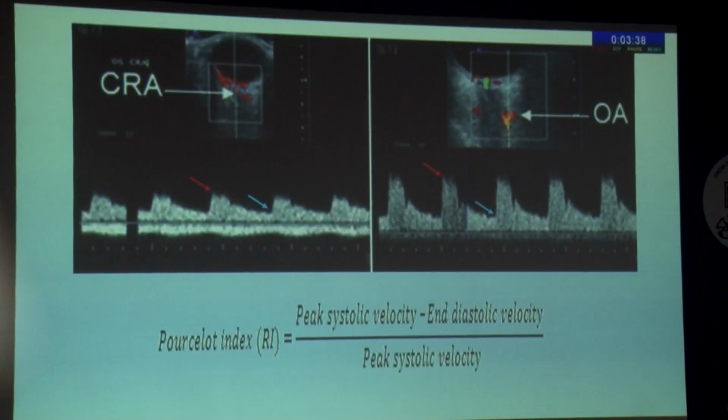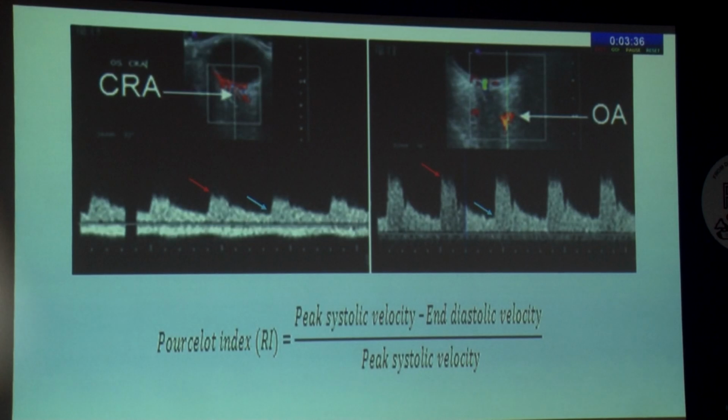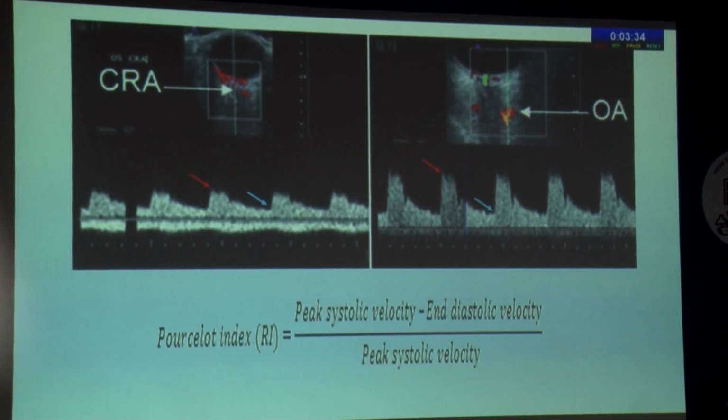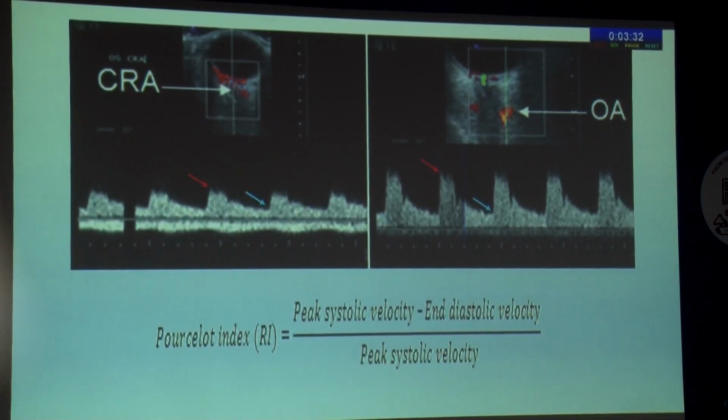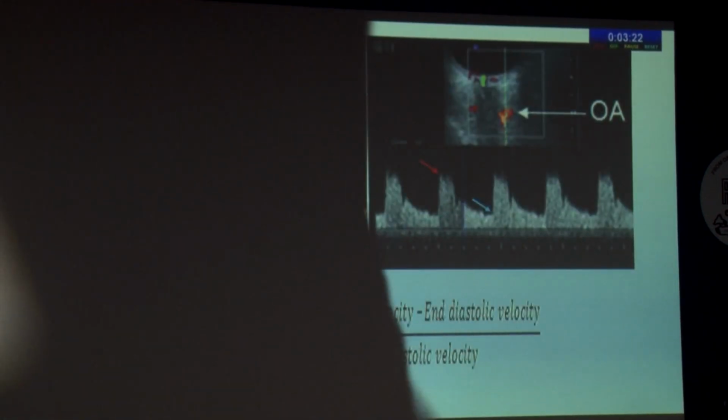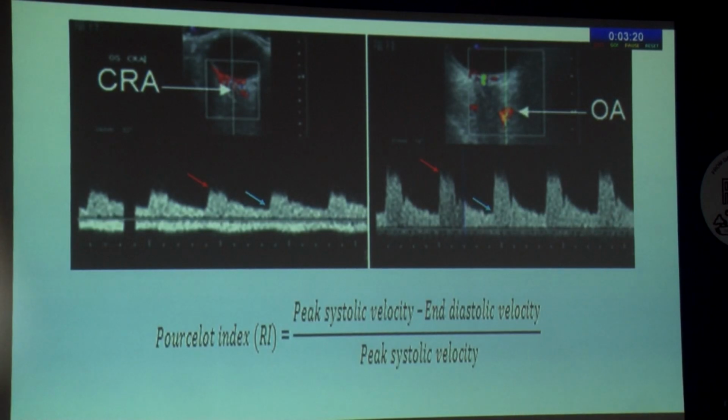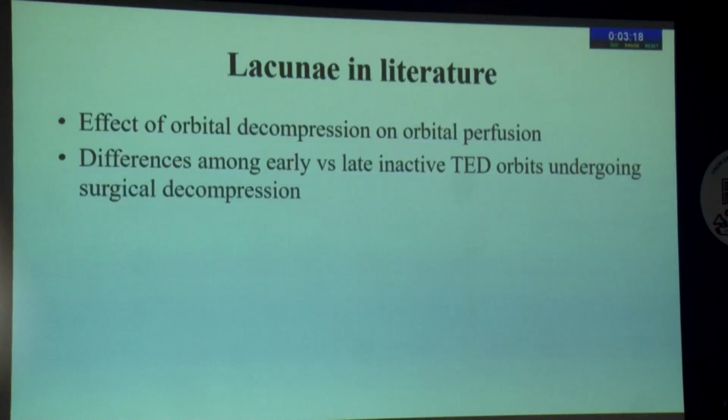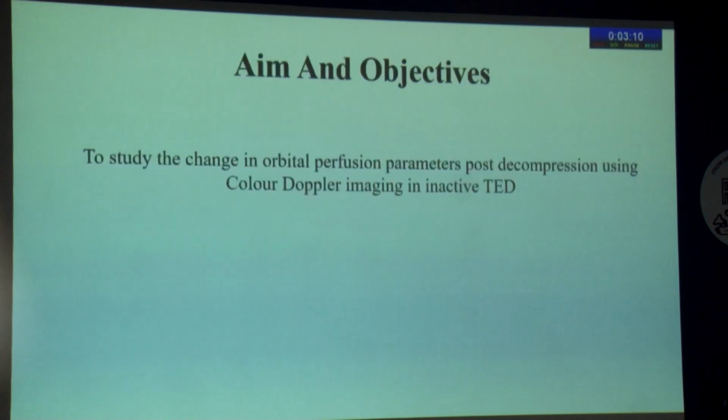orbits. The orbital perfusion we measured using color Doppler imaging in the central retinal artery, that's CRA, and the ophthalmic artery, OA. Here the peak systolic velocity, shown with the red arrow, and the end diastolic velocity, shown with the blue arrow, were measured, and the Doppler waveform is shown, and the resistivity index was calculated as per the formula shown. Now the literature does not accurately describe the effect of orbital decompression on arterial perfusion parameters in thyroid eye disease patients. So we conducted this